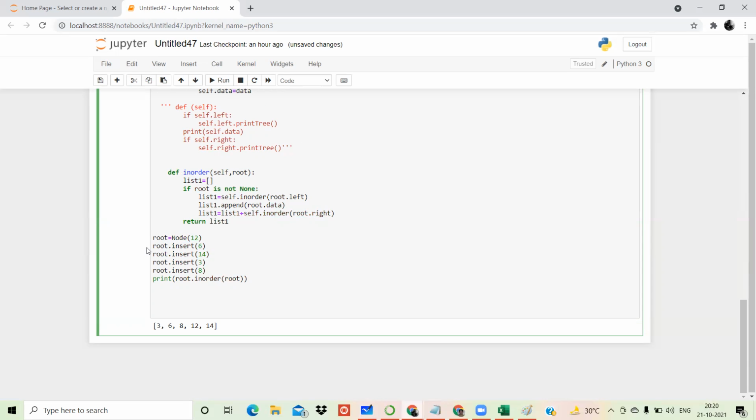Is this fine? So we are first creating the root node that is nothing but 12, and then एक एक element को add कर रहे हैं. While printing we are saying root dot in order. That means जो हमारा first this root basically defines your root object. So root dot in order, and then again you have to pass this root itself because वो recursively work होना चाहिए. I mean first it should check the leftmost element.